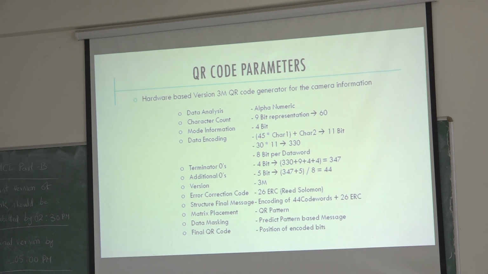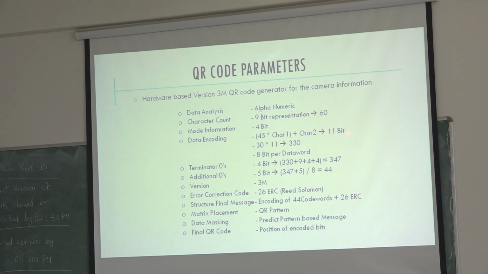There are 45 symbols. To represent 45, actually I need 6 bits. But this 6-bit is not the maximum value. The maximum character value will be 44, since the characters go from 0 to 44. So 45 times 44 plus 44, that is the maximum value I can get. If you check this value, it will be an 11-bit result. So any value in the alphanumeric mode, after encoding, will give a 11-bit result for a single data word, that is, a single piece of data information.